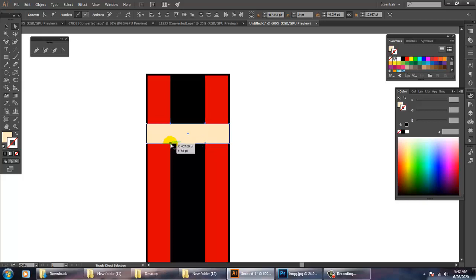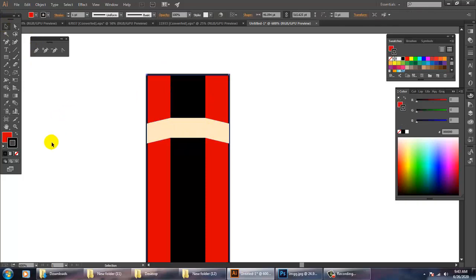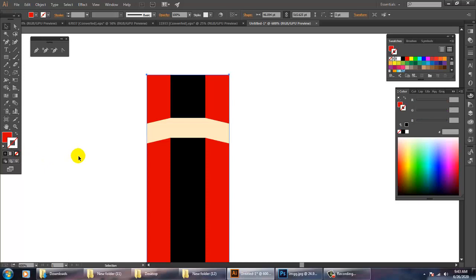So just select these anchor points and just push that up. Select this, put two anchor points again, and you can just push that up.